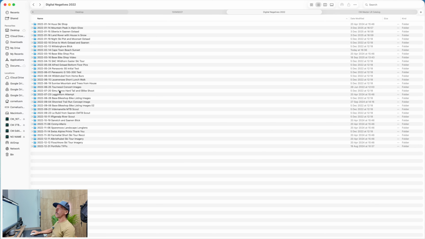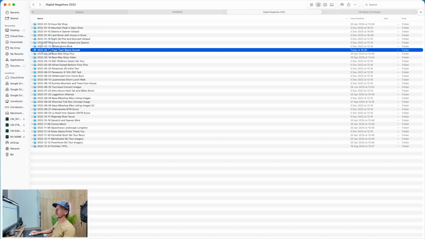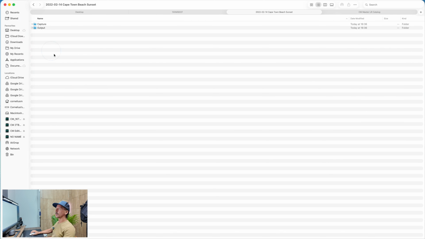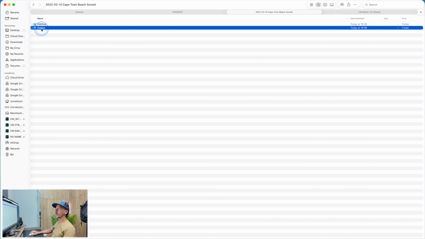So I knew it was in Cape Town, I knew it was 2022, so I come back looking for it here. So it's 2022, so February, there we go, Cape Town beach sunset. Double click into that. So that's capture done. And then output, normally